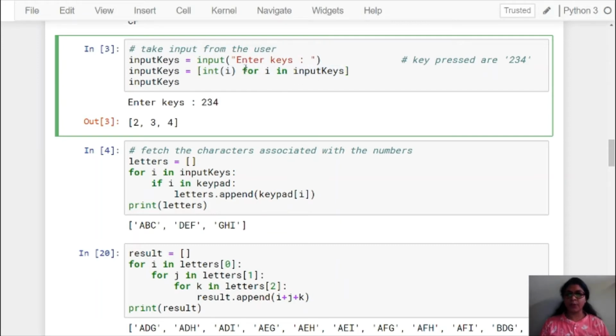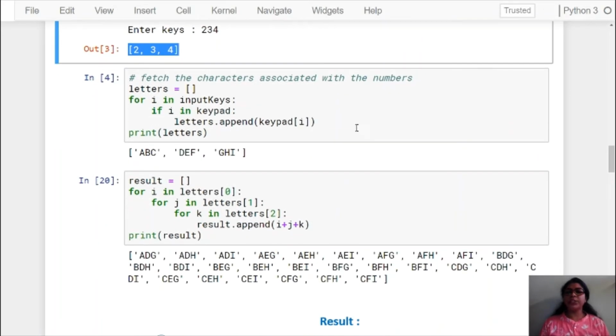You can see a for loop: for I in input keys, this loop will iterate over each and every character in this input string. The first time, 2 will be I, and int(I) converts that 2 into an integer, and then we store it in the list. Now input keys is our list, so we get all the input keys separately, in integer form. Here our input list is 2, 3, 4.